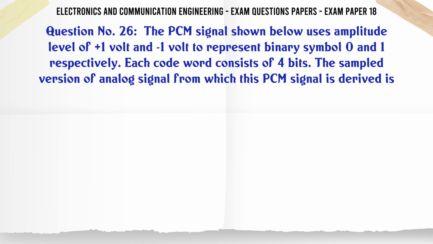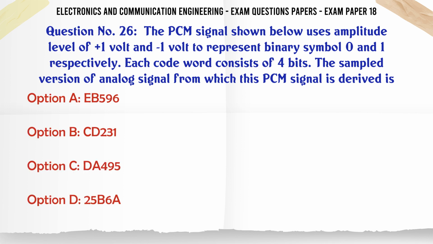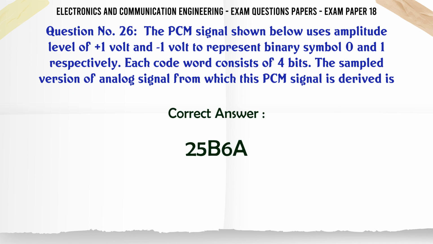The PCM signal shown below uses amplitude level of 1 volt and -1 volt to represent binary symbols 0 and 1 respectively. Each code word consists of 4 bits. The sampled version of analog signal from which this PCM signal is derived is A. EB596, B. CD231, C. DA495, D. 25B6A. The correct answer is